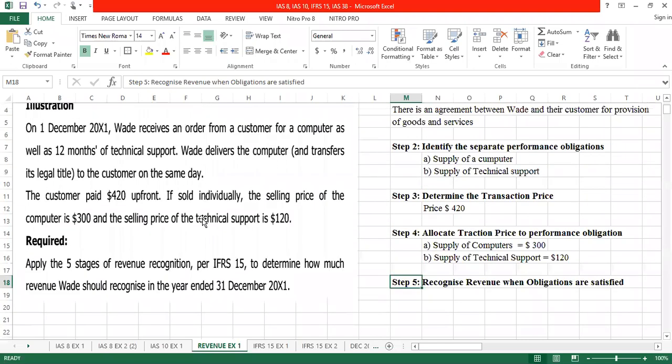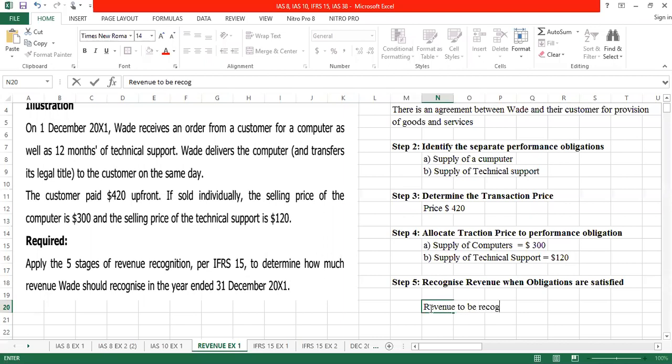Remember, when did they get the contract? On 1st December, 1 month later. So revenue to be recognized by 31st December 20X1